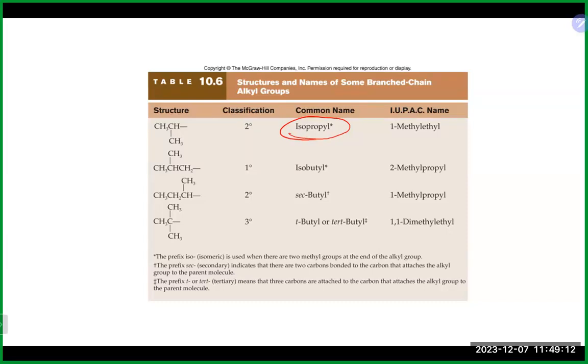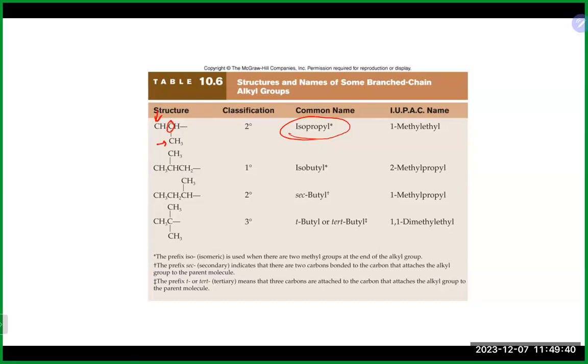A propyl group, or sometimes referred to as an N-propyl group, is a propyl group where it attaches in through a primary carbon, which we also talked about. A primary carbon is a carbon that is attached to one other carbon directly. The isopropyl group, though, attaches through the secondary carbon, which is right here. That carbon is attached to 1 and 2 carbons directly to it,